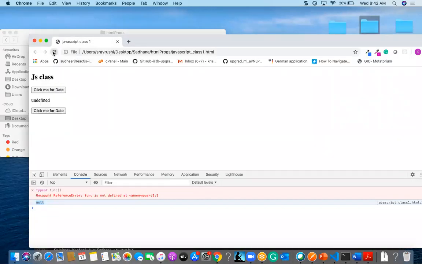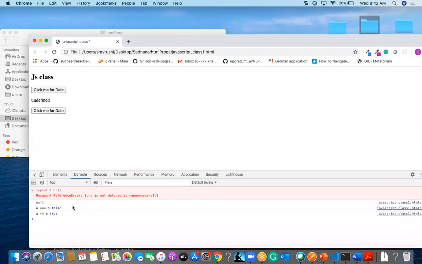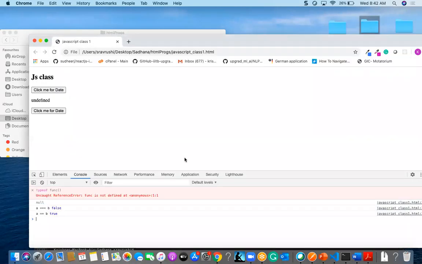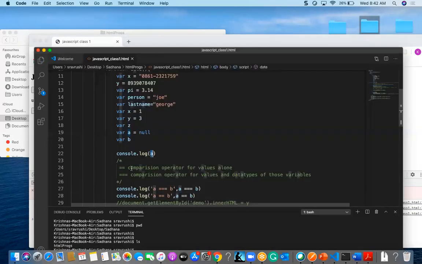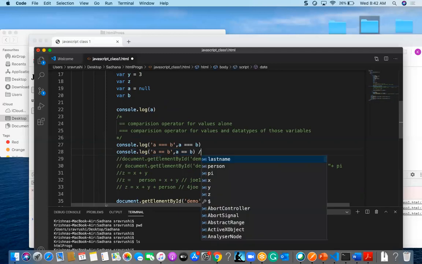Okay, so now you are finding if a is triple equal to b, then that value is false, because a's data type is null and b's data type is undefined. But coming to the value format, undefined and null are equal.